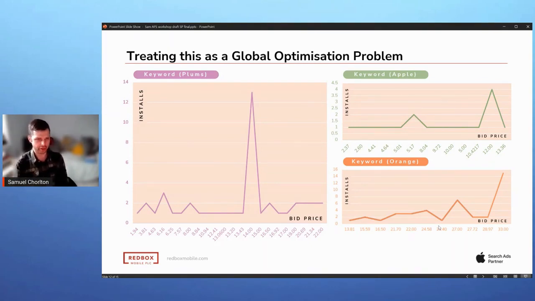So where the keyword apple might be the cheapest, the actual availability of impressions might be much lower. So if we wanted to spend $100,000 in a month on Apple search ads, we can't just go, right, I'm just going to bid on the keyword apple because that one is the cheapest and delivers me the greatest return on advertising spend, because we wouldn't be able to spend all of our budget.